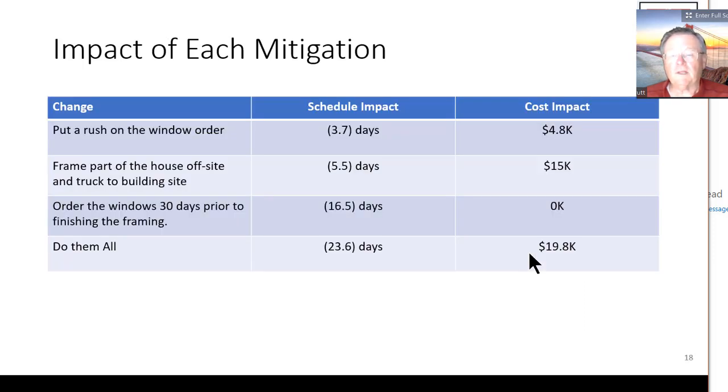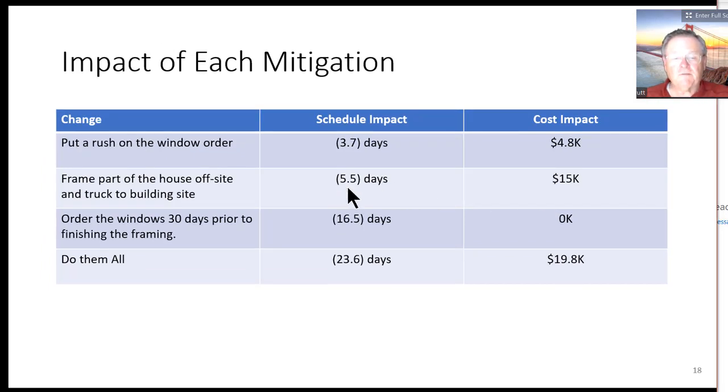We can also look at the impact of each of these mitigations separately rather than collectively. So if we rush the window order, the schedule impact is 3.7 days earlier at a cost of 4.8. Framing off-site saves us 5.5 days and the cost is 15,000. Ordering the windows 30 days prior to finishing the framing saves 16 days and doesn't cost us anything. And if we did all three of these things, we get 23 to 24 days